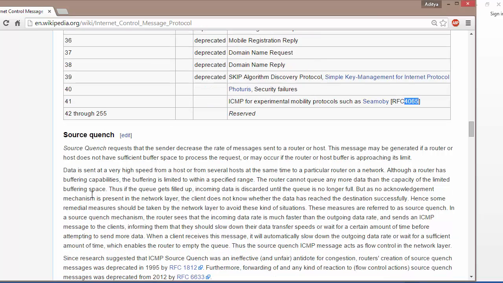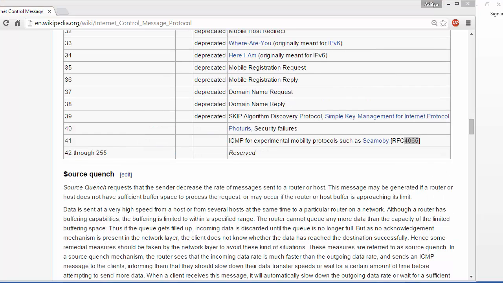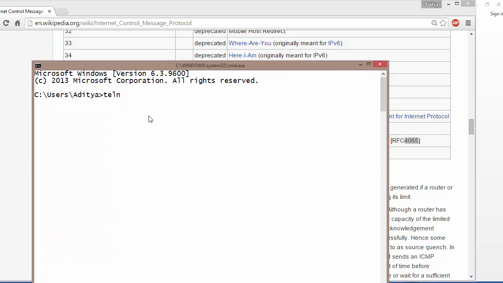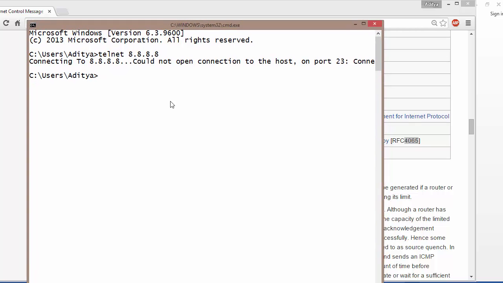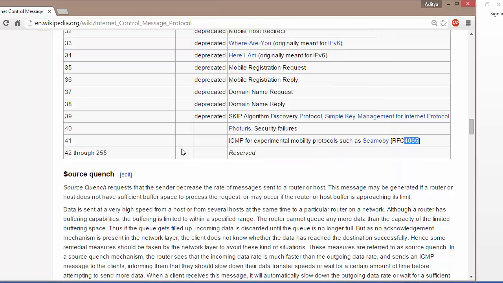So as we can see, let us take an example. If we want to telnet to 8.8.8.8, which is the Google public DNS server, we will get an error message, maybe 8.8.8.8 not working on port number 23, or maybe the ACL is going to deny it. That thing we now come to know because of ICMP. You can see, connecting to 8.8.8.8, could not open connection to the host on port number 23. So now we come to know because of ICMP that the destination is not working on port number 23. Similarly, the rest of the things you can verify